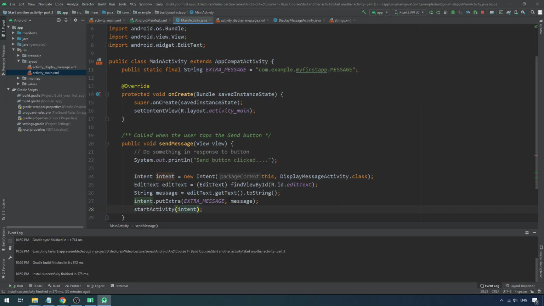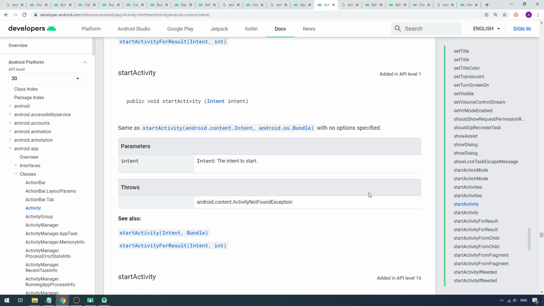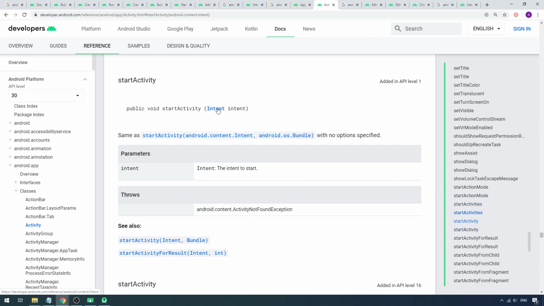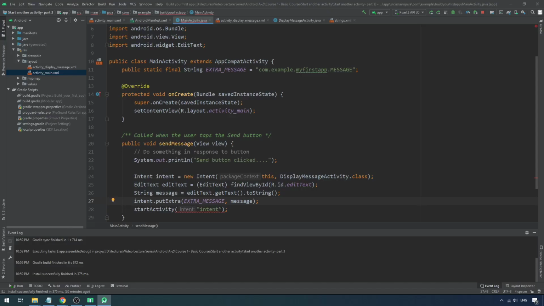And if I try to put it as a string inside double quotes, it's not working, it's giving an error, right? The red underlining means it's an error. Remember, if you see something underlined in red, that is an error. So why am I getting this error? Because start activity is overloaded. You get two of them, but none of them accepts a string. This one has two parameters, intent and bundle. The second one has one. So it should be an intent. That's why I can't pass a string, but if I pass an object of type intent, it works.